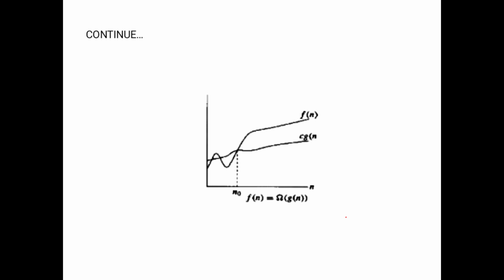Here in the omega notation, first we see that f of n has a minimum time, we are carrying that. It means it is taken as the minimum value for any algorithm. This is the omega notation. We see that f of n is the upper boundary and c of g of n is the lower boundary. So it is the omega notation. Where c of g of n is an upper boundary, we call that the big O notation. This is the big omega notation.